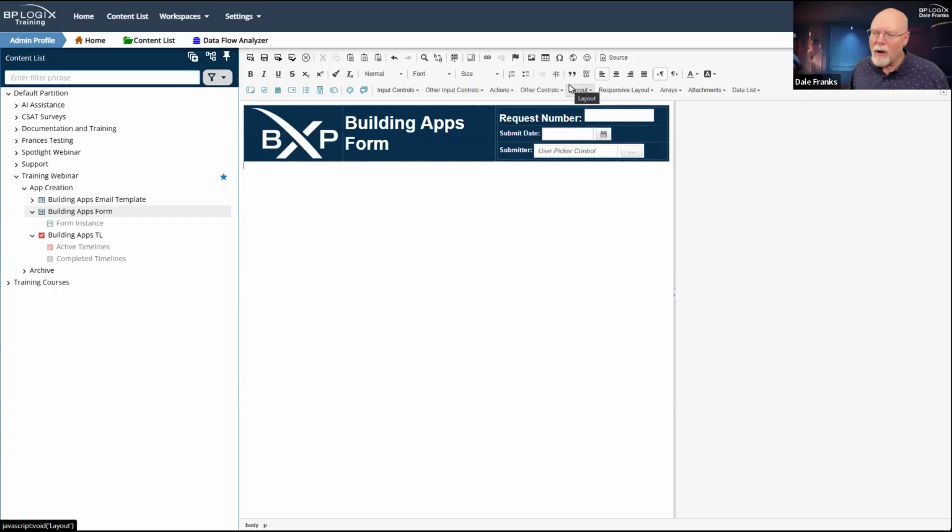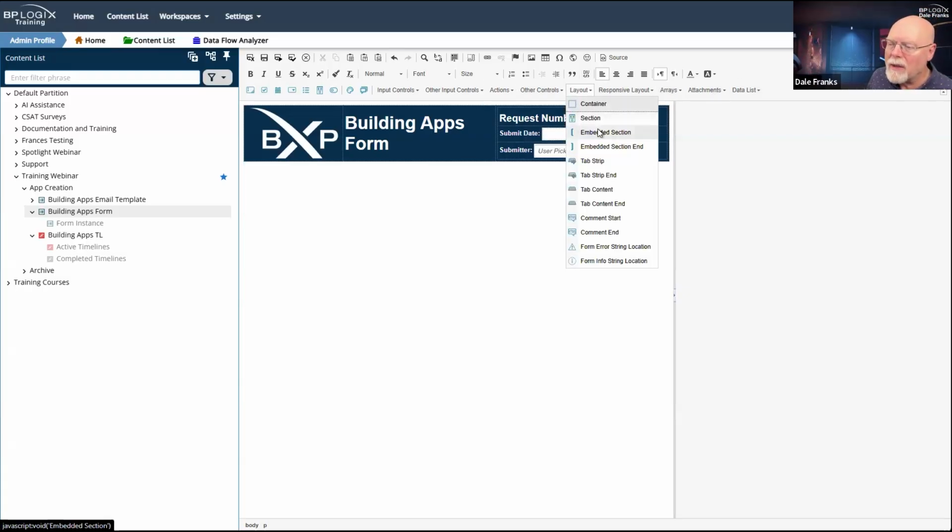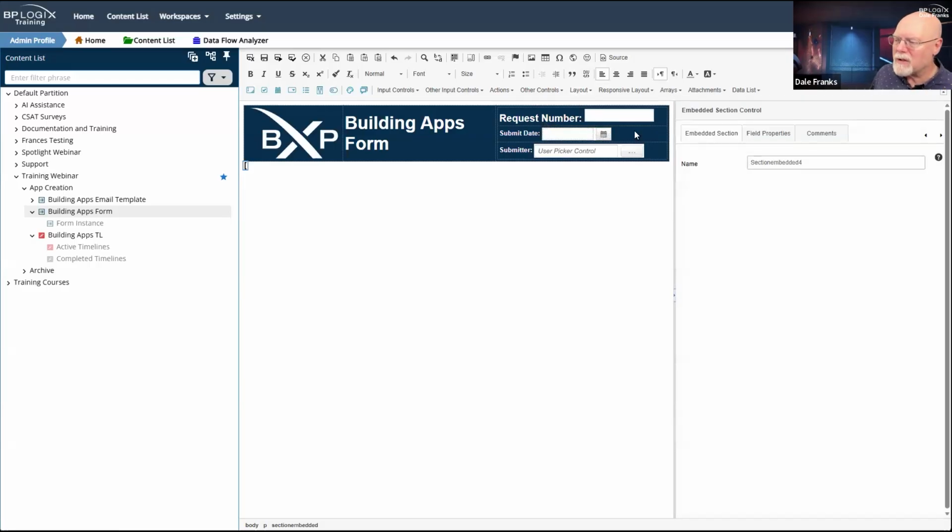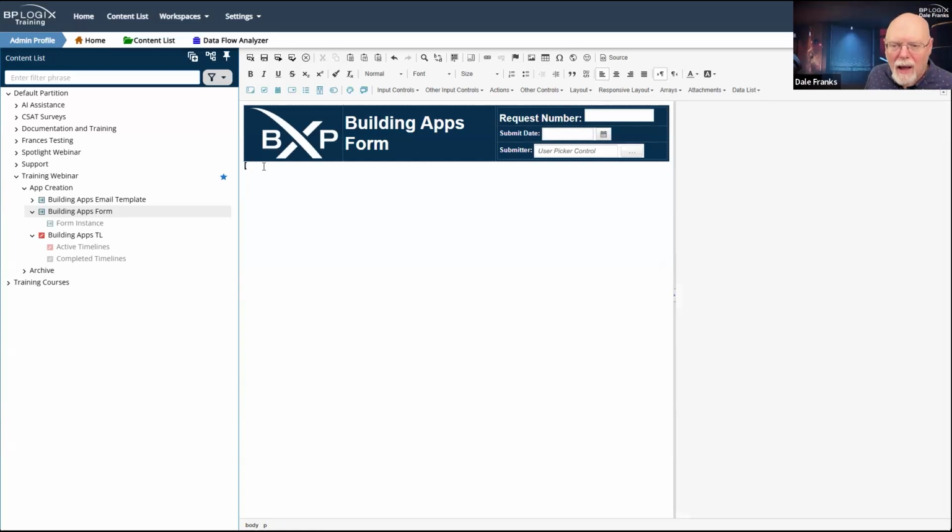I'm going to go ahead and throw in, under layout, there it is right there, an embedded section. And I'm just going to call this instructions section. And then I'm going to put in my system variables.